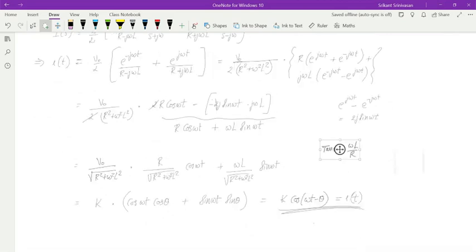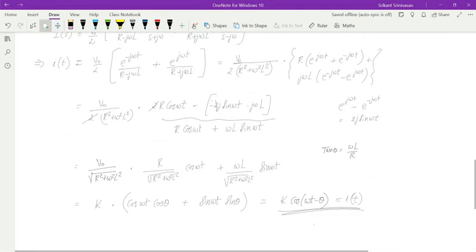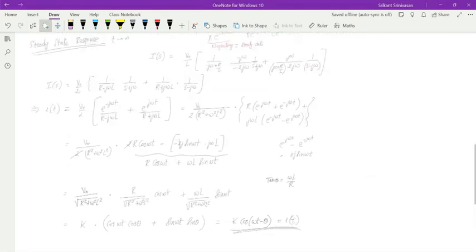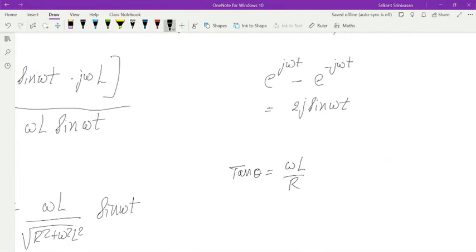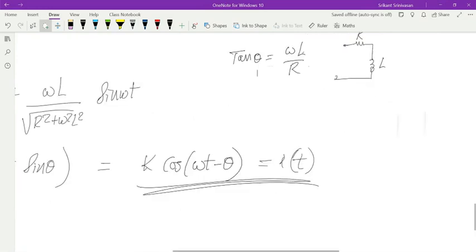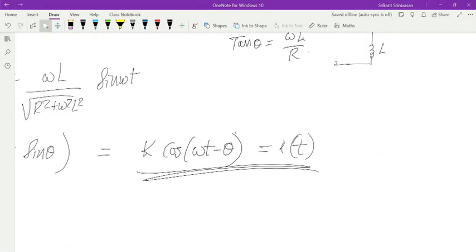So supposing my sinusoidal function, we can again observe this, right? Let's say that difference theta is due to omega L by R. Let me just redraw it here. We have an RL circuit. If R tends to 0, that means this is purely inductive. If it's a purely inductive circuit, then R tends to 0 means tan theta tends to pi by 2, right? So this is the nature of an inductor, that the current lags the voltage by pi by 2. So this will become omega t minus pi by 2.